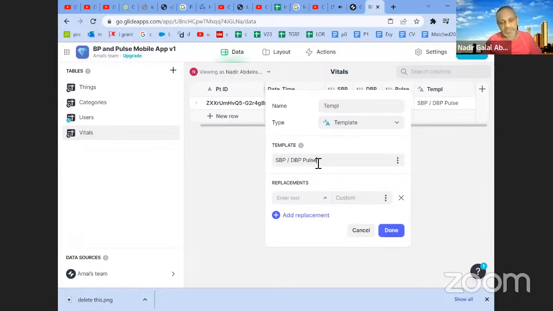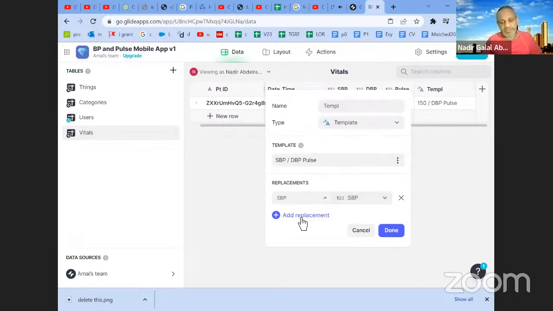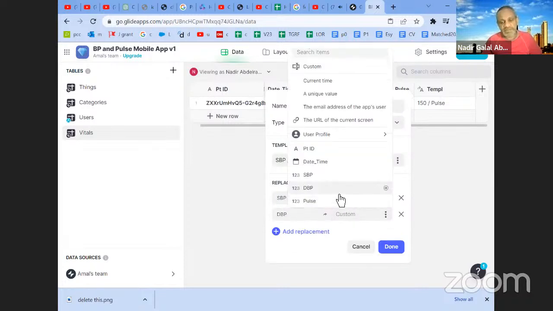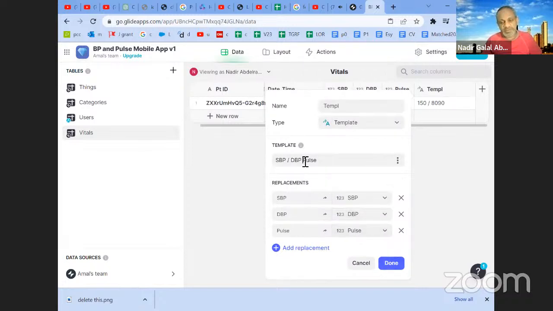So systolic, diastolic, and pulse. For the first variable, it's going to be here, and I'm going to get it from the table. The second part will be here, and I'm going to get it from the table. The third part is going to be here, and I'm going to get it again from the table. And I'm just going to put a column to divide them, or maybe